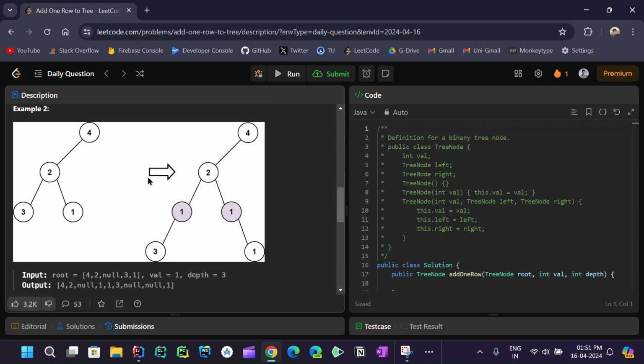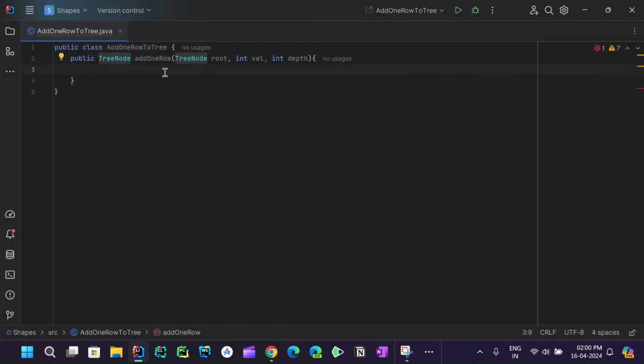I will show you one more example so it will be clear, I hope. Let's see. Before moving to our last example, I would like to start with the coding part. Go and read the description and carefully read the last point, where it is mentioned what happens when depth equal to 1. So if depth equal to 1,